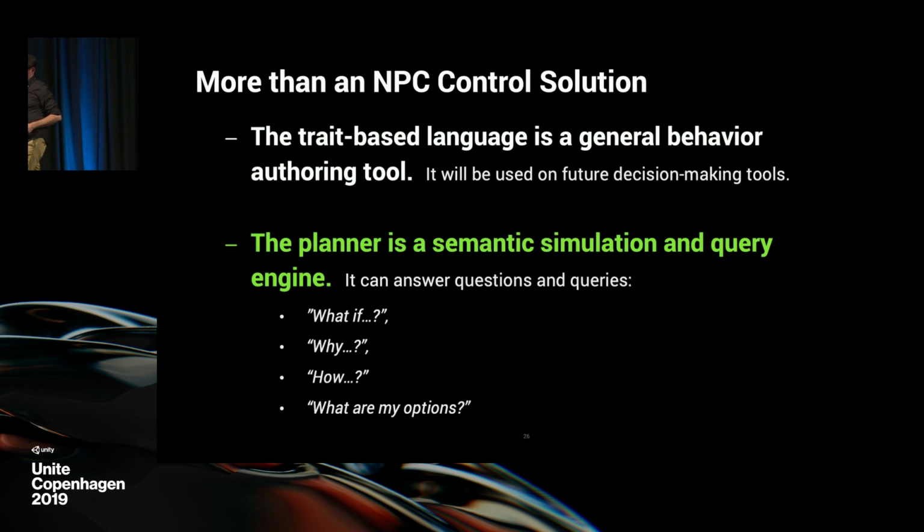Next point, the planner is a semantic simulation and query engine. If you have represented your problem, you don't have to use the planner to decide all actions, but you can use it to ask questions. What if I do that? Do I have enough resource to do that? And if I get there, what will be my possible actions from there? So you can make semantic queries that you can use also in a behavior tree or any kind of game AI system. And finally,